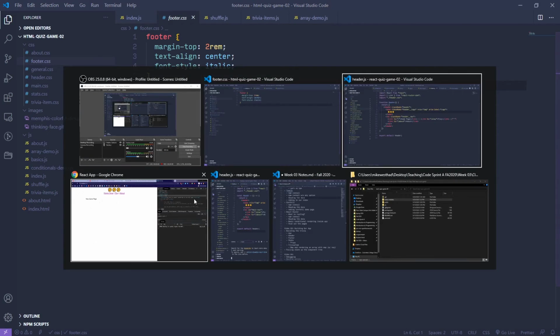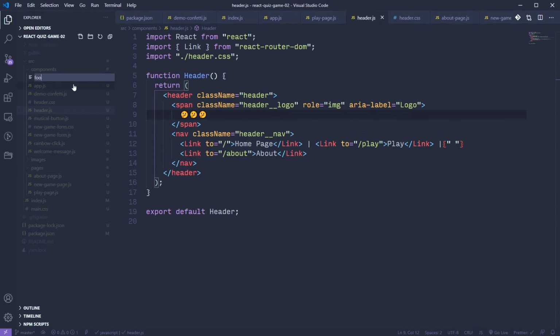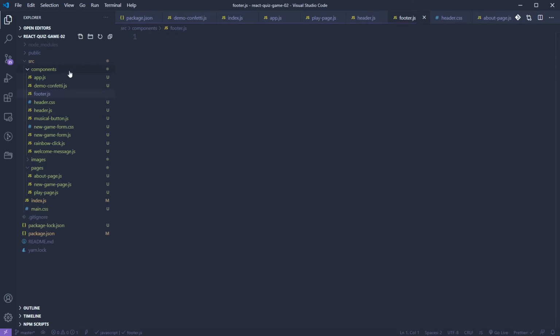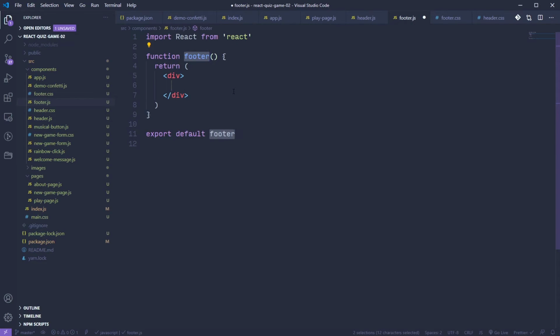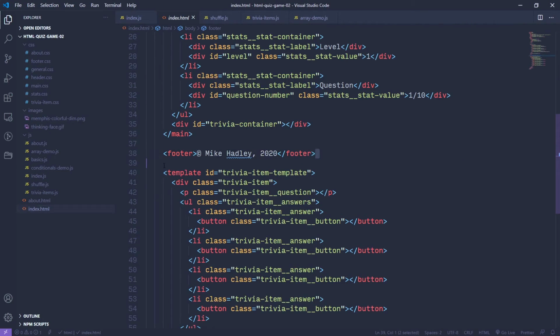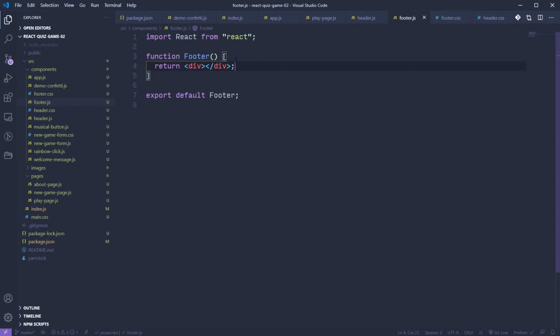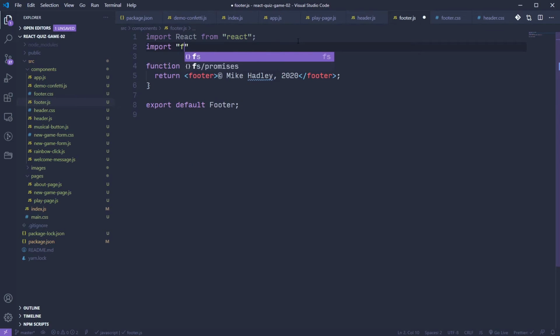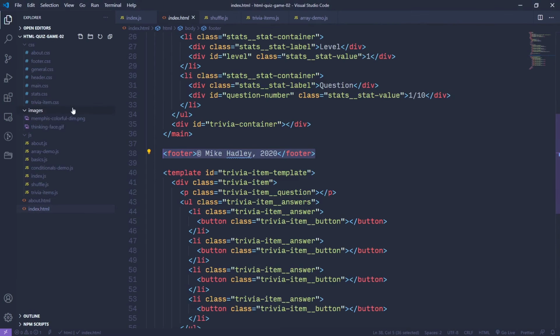So I'm going to create a new component, footer.js, and a new CSS file, footer.css, and create my footer component, grab my markup from index.html, import my footer CSS, and grab my footer CSS here,